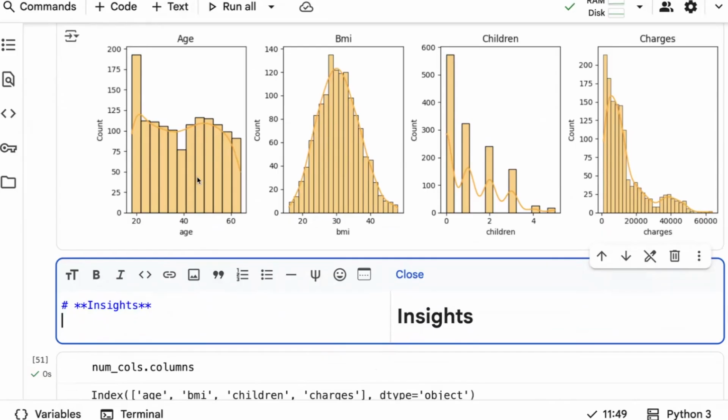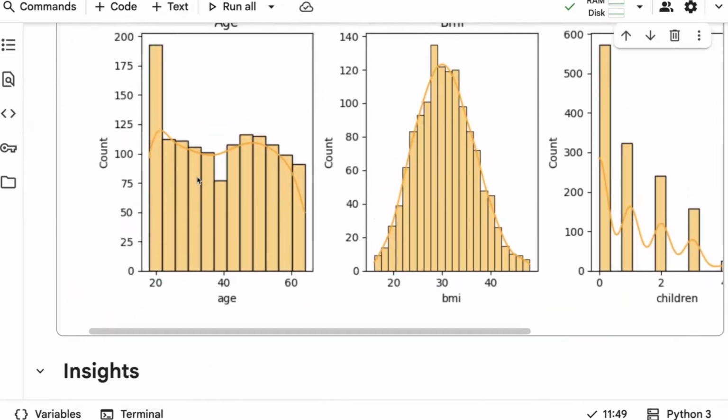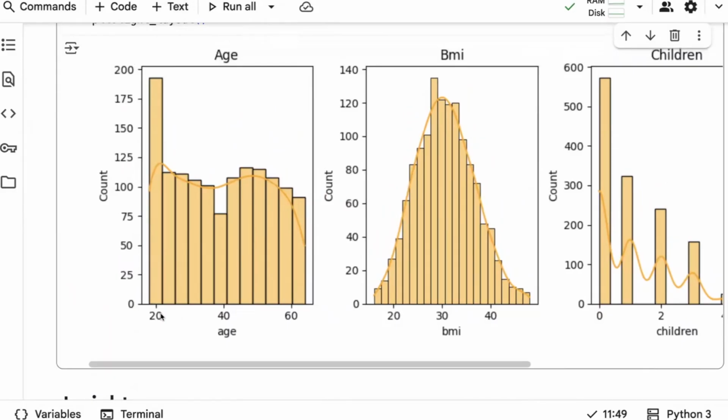So look into the age graph. You can see it's highlighted. So the maximum customers' age is between what range? You can clearly see that. Writing insights is also one of the skills. The maximum is within this range, so can I say 20 to 60? I can see that most of the customers' age is between 20 to 60 years, indicating a focus on adults in our data set.